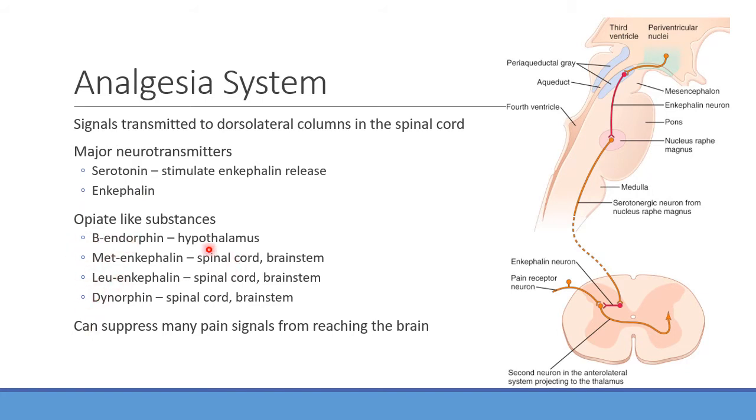It's not important to remember specifically where these are working. Just know that the body is producing its own enkephalins, its own way of causing some analgesia. You can kind of see how these are working a little bit. One of the ways that opioids were described to me originally is that it doesn't really eliminate your pain, but it makes it so you don't really care that it's there, right? You have less of a sensation of it.